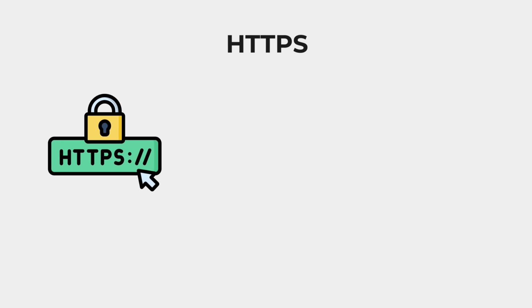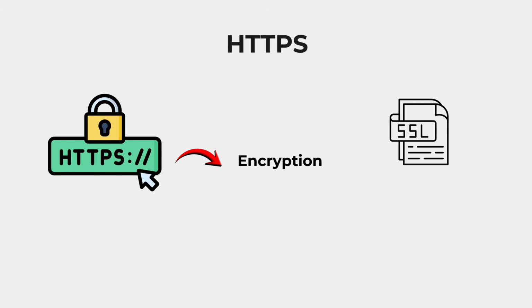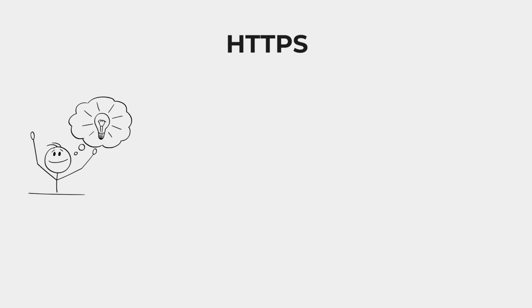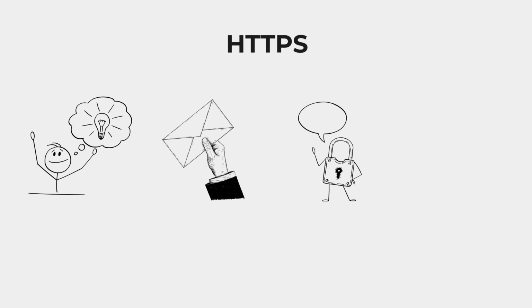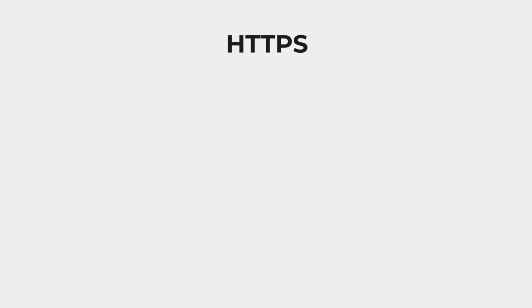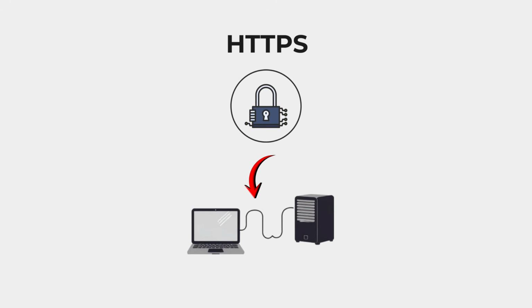HTTPS is the secure version of HTTP, which adds a layer of encryption using SSL and TLS protocols. Imagine HTTPS putting those postcards into an envelope and locking it with encryption. Only the intended recipient has the key to unlock it. This encryption ensures that the communication between the client and server is protected and secure, safeguarding sensitive information from eavesdropping